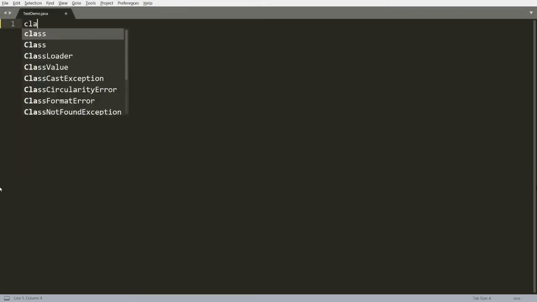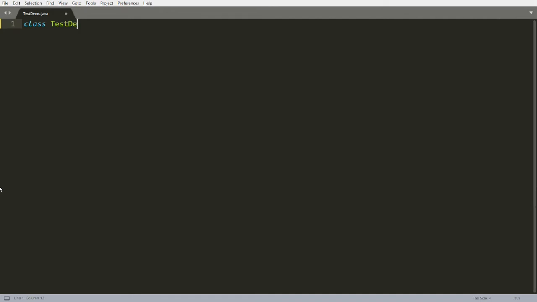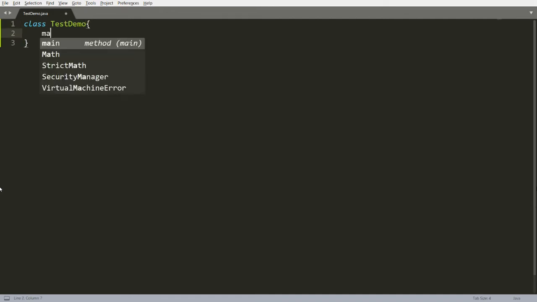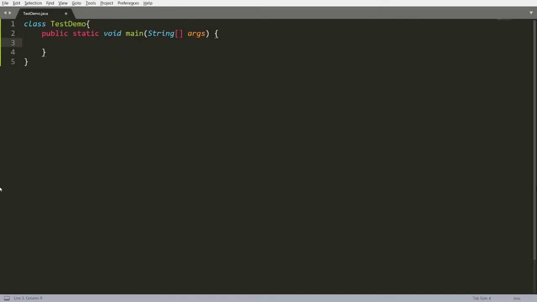testdemo.java. Now I want to write one class here, that is testdemo, and I want to write the main method over here. Now we are using some inbuilt class. For example, suppose you write System.out.println, and if you write Math.PI, then you will be able to access the value of pi.